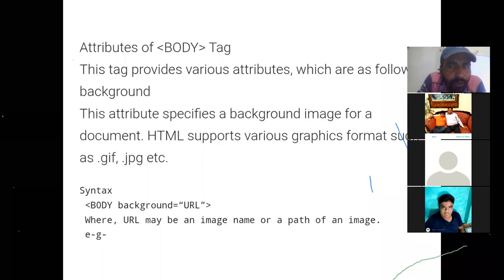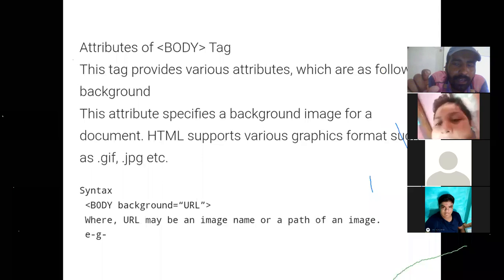There is the marquee tag. Listen to me, please. For the body tag, there is no special direction. But there is a marquee tag, by which you can display some moving text on the screen, either left to right or right to left. Is it clear? Yes, sir. Thank you, sir. Any other question?